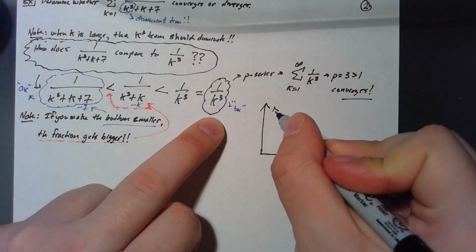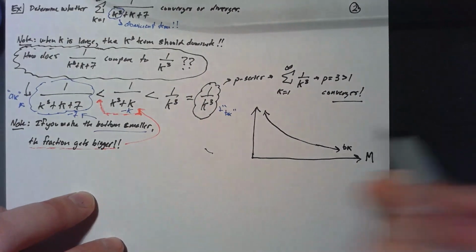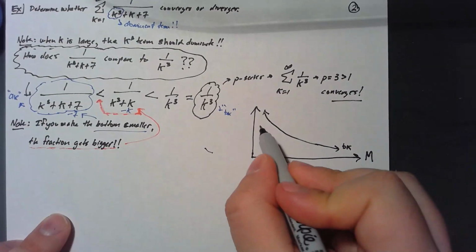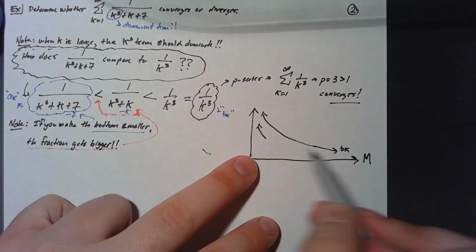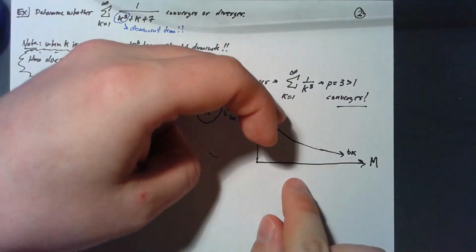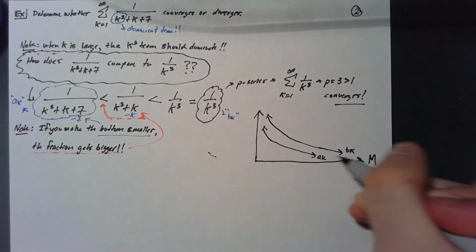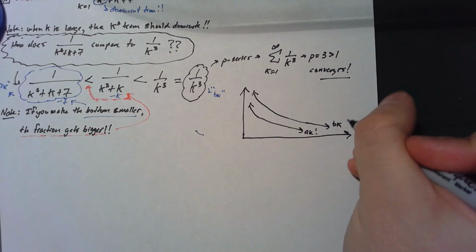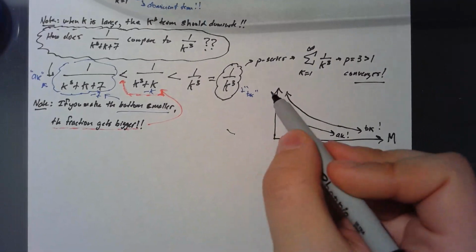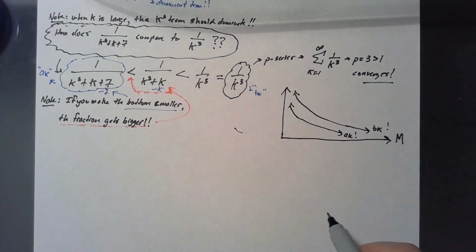So I know that b of k is converging to m, and this is b of k right here. But how does a of k compare to it? Well, a of k is less than b of k. So that means it's below it. Because it's below this, and this converges to m, what does a of k do? It must converge to m as well, because it's sandwiched between b of k and m. So because my comparison holds, in other words, my comparison is set up correctly,